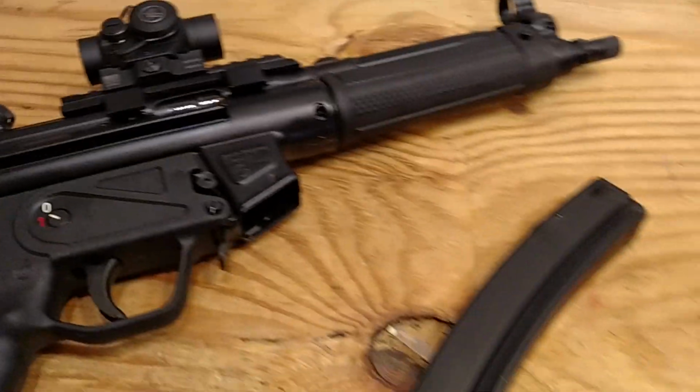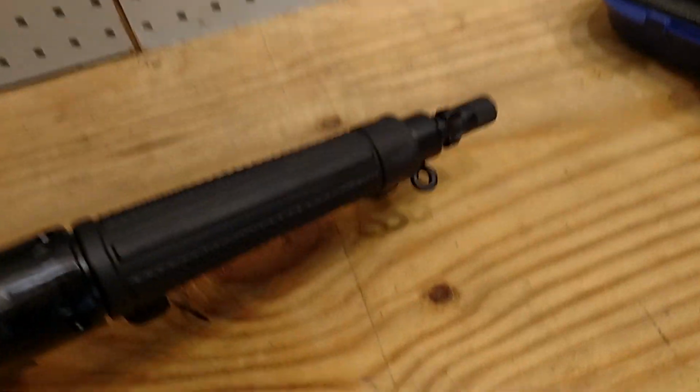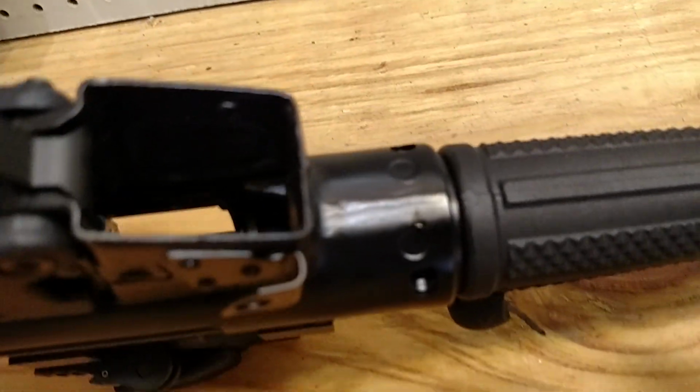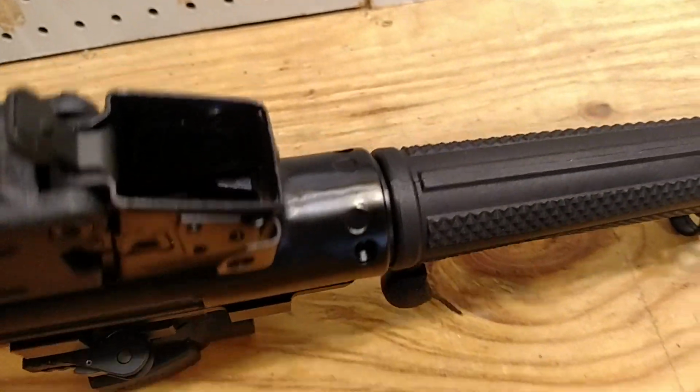The fit and finish on it, yeah, it looks pretty good. I don't see any real bad weld marks on it. You'll see a few right in there. I know my lighting's not the best, so I do apologize, but I wanted to give customers just